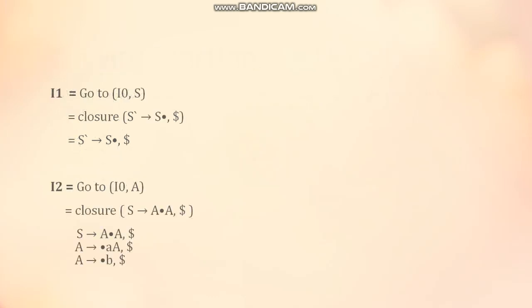When we applied goto on the first production in the I0 state, we derived the I1 state and we parsed S. Since this is the augmented production, whenever we parse the augmented production and create a new state, that state is going to be known as the acceptance state. So I1 is our acceptance state. Since there is nothing after the dot, which is after S, no more productions will be in this state.